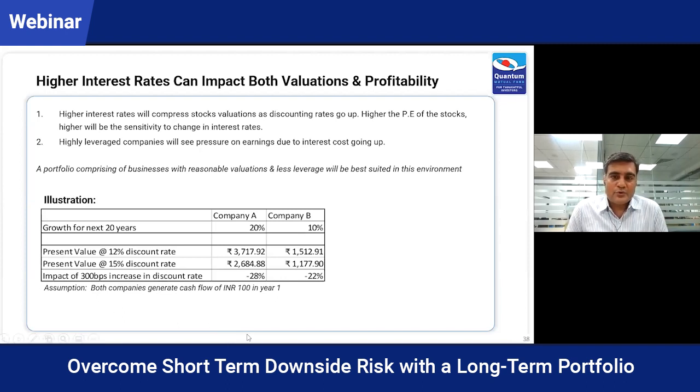And this is where our portfolio positioning is helping us. If you look at our portfolio, as I explained, we are trading at very attractive valuations versus the benchmark and some other peers. So that is one of the defensives. Being value managers, we generally tend to buy at a deep discount to the intrinsic value. Hence our valuation is comfortable, and the rate sensitivity is a lot lesser from the portfolio perspective.